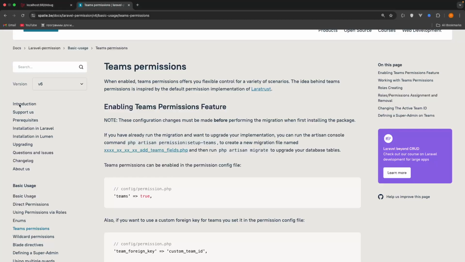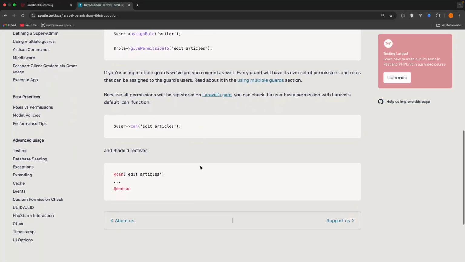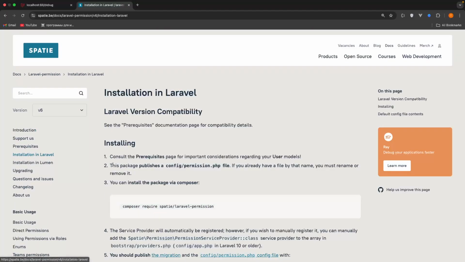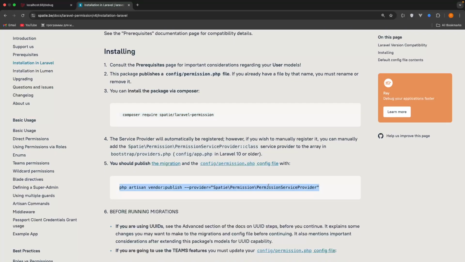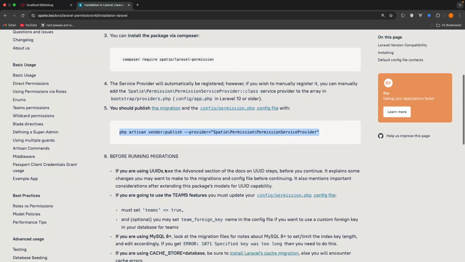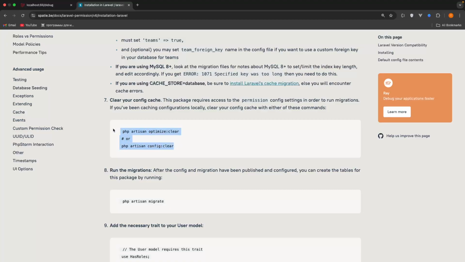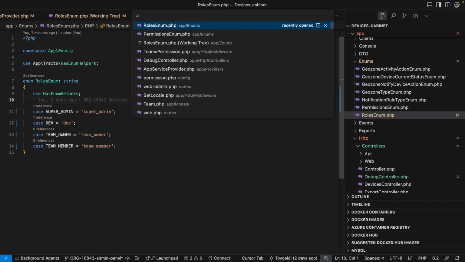So after we install Spatie, we can go to the basic usage introduction. We can go to the installation in Laravel. We do this one. We publish all of those files that we need, the service provider and migrations. And we clear our cache just in case. And before running php artisan migrate, we don't do that yet. We need to go to the app,